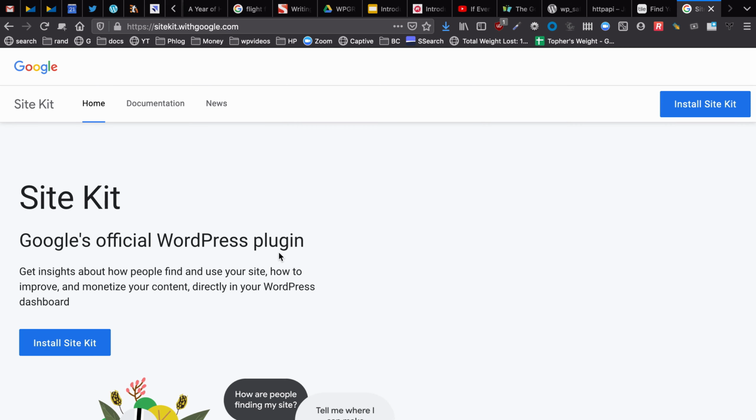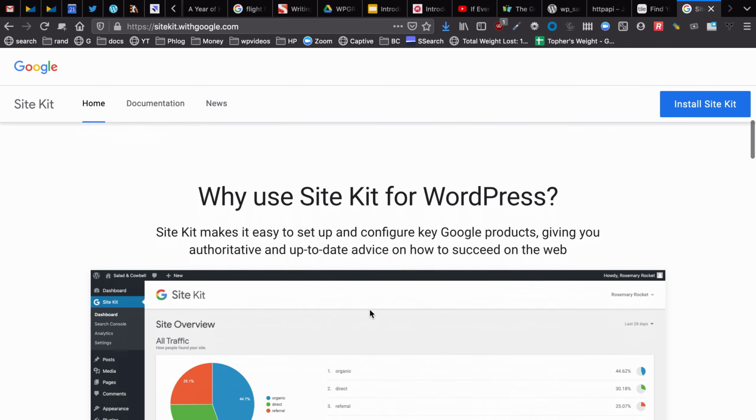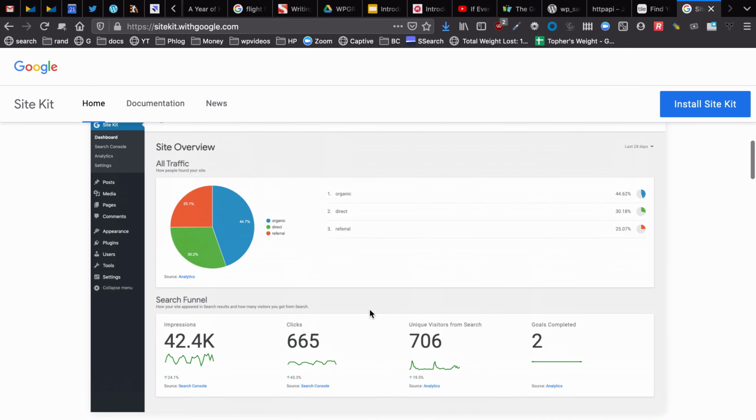So 10up built this thing for Google called SiteKit, and you install it in WordPress, and it does this kind of stuff all over the API. But 10up just released a new thing for development of plugins for WordPress. What is it called? I forget what it is. I saw it on a little Twitter release.